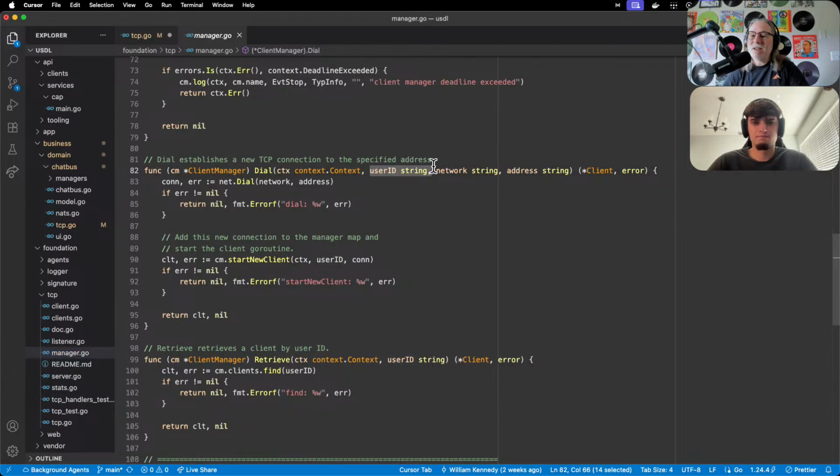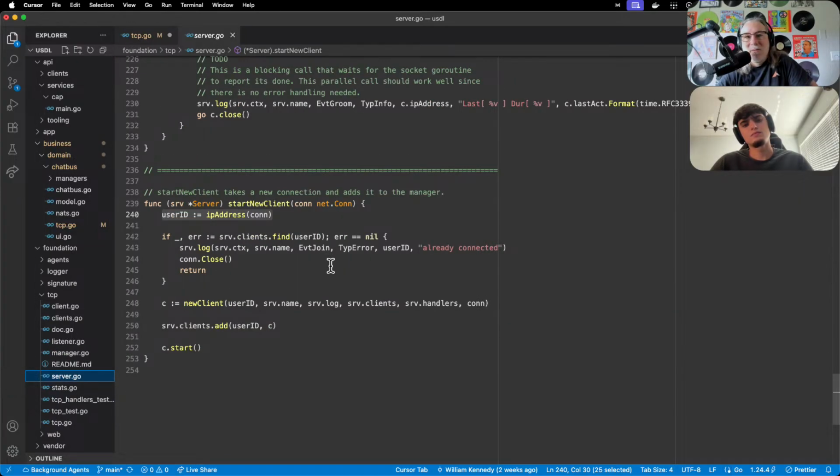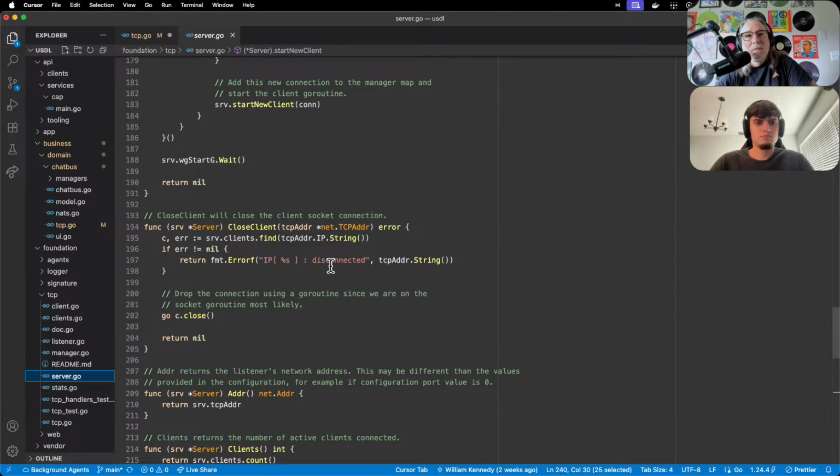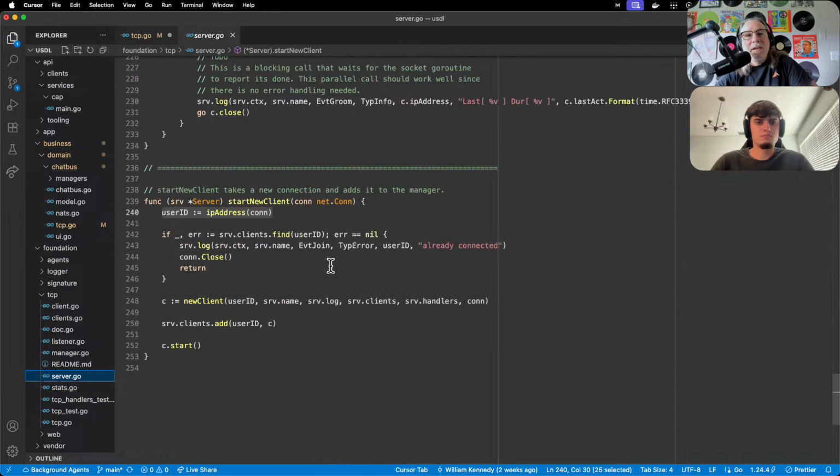Okay. This is interesting, right? Because on the manager side, we control what the ID is going to be. On the server side, this is why it's confusing. We can't control that because it's just sort of coming in. So we ended up using the IP address for the user ID on the server side, because we don't know. This is what we're trying to do. Now, what that makes me think is that we're going to need,